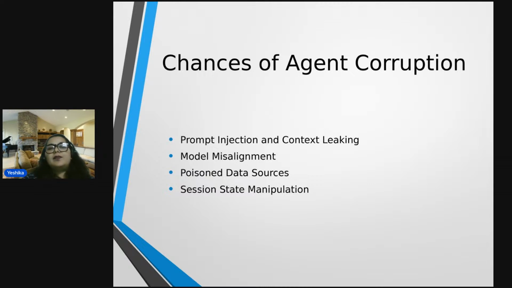Then the text leaking: input validation should be applicable on the agent. Output validation should also be applicable, because context can be leaked while using the prompts or the queries that have been listed, until and unless your model is trained or precisely instructed not to provide or give in response such and such confidential data. Then model misalignment.